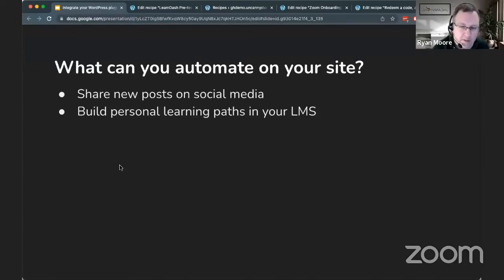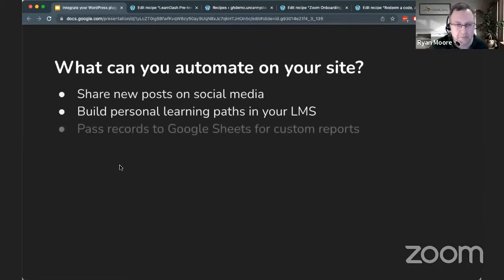Or if someone demonstrates an existing mastery of a subject via pretest or something, a high score on a pretest, then those plugins out of the box wouldn't allow you to automatically complete a course and advance the user to the next level. So these are examples where you can automate personalizations, but maybe not out of the box with